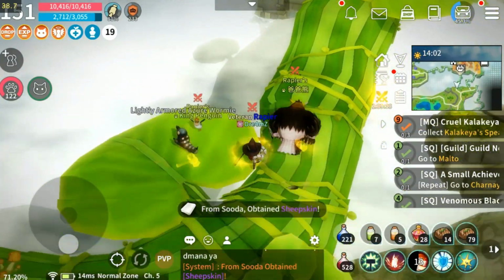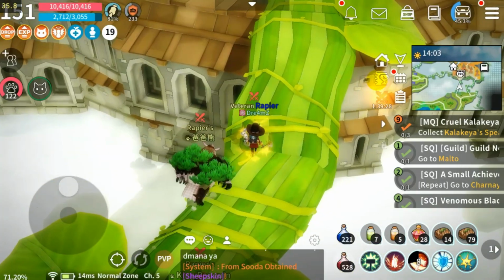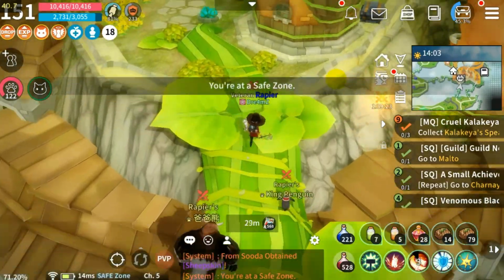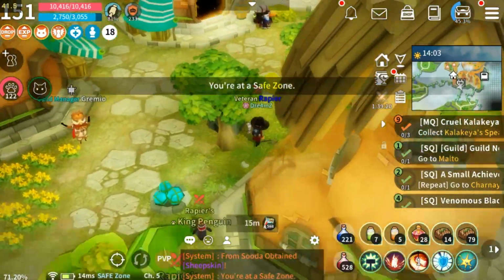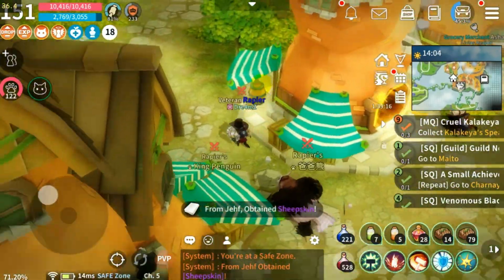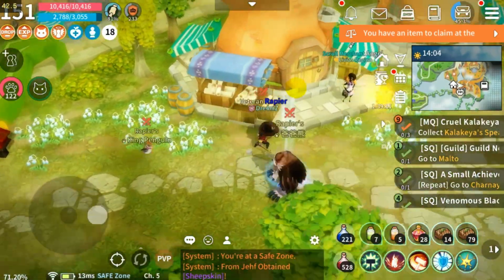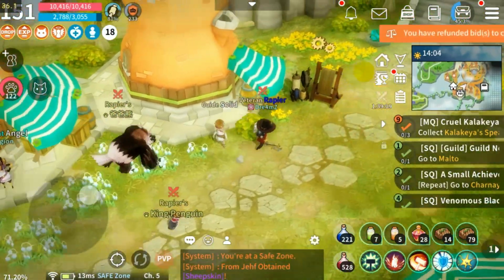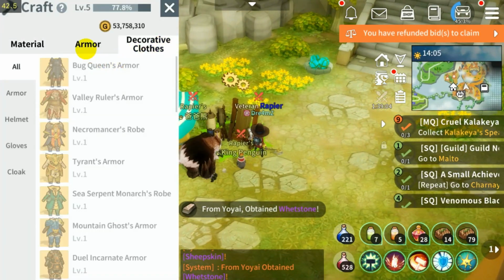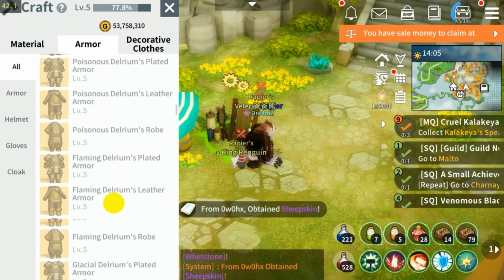Okay, now I'm gonna show you what are my future plannings, what I'm gonna do for my Paladin. Right now I'm going to craft my tier 4 equipment. I've been saving up, and I've been spending money too. As you can see, I'm trying to reach level 6 so I can craft my tier 4